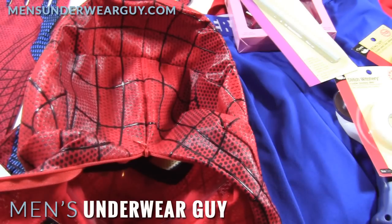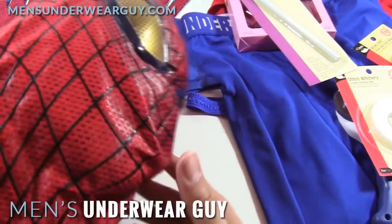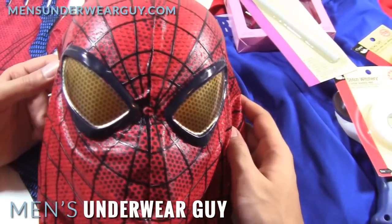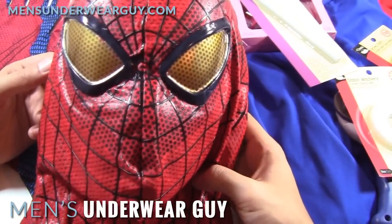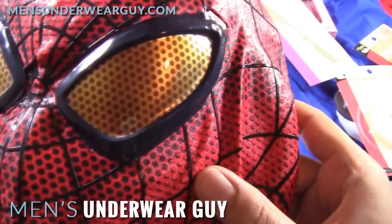You will swelter in this hood. It doesn't breathe because it's all almost plastic polyester fabric. So watch out for that. And I'm just setting your expectations. It does look pretty good though once it's on. So it's kind of how much you're going to sacrifice for your art and for the opportunity to wear the costume. You can see the lens